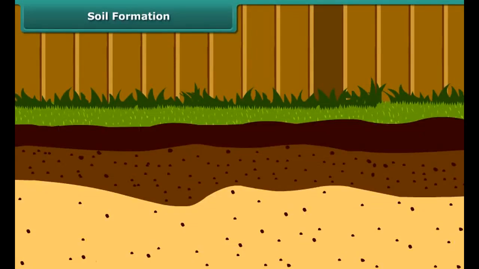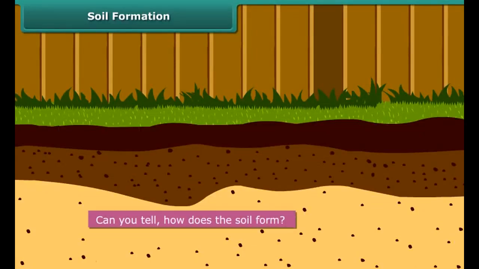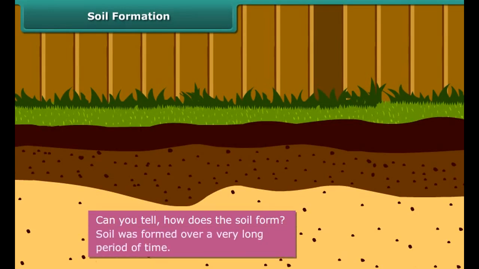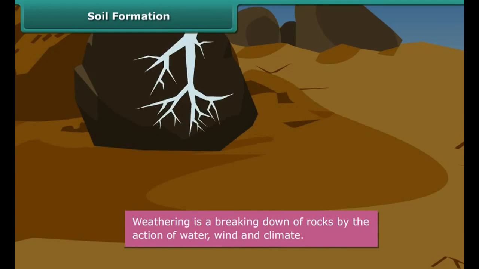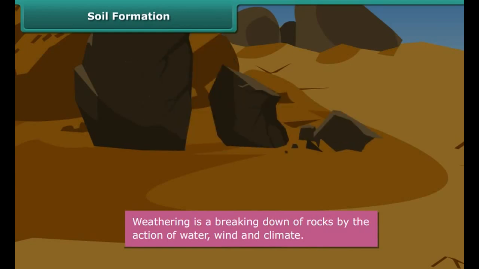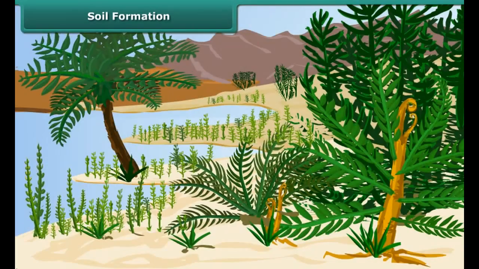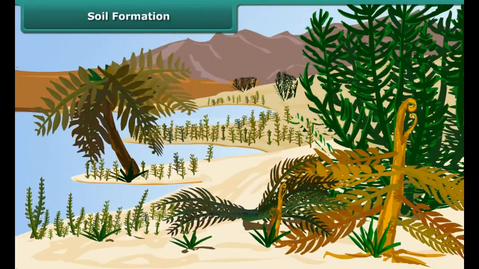Soil formation. Can you tell how the soil forms? Well, soil was formed over a very long period of time. Large rocks were broken down into smaller pieces and finally to soil by the action of wind, water, and climate in a process called weathering. Also, decaying of dead plants and remains of animals made the soil thick and rich,